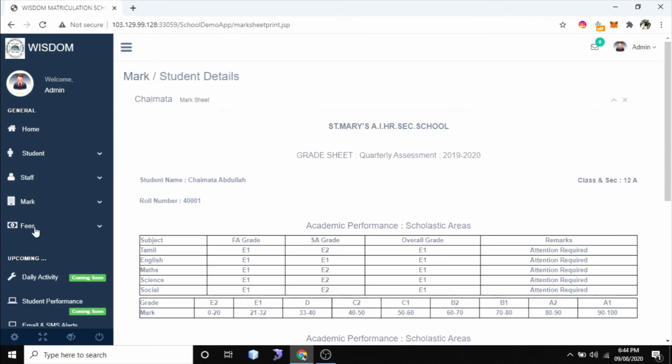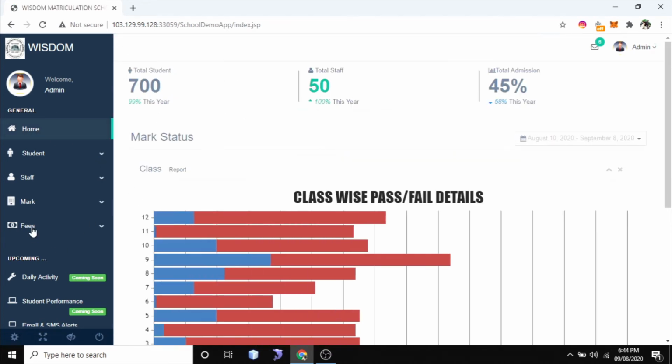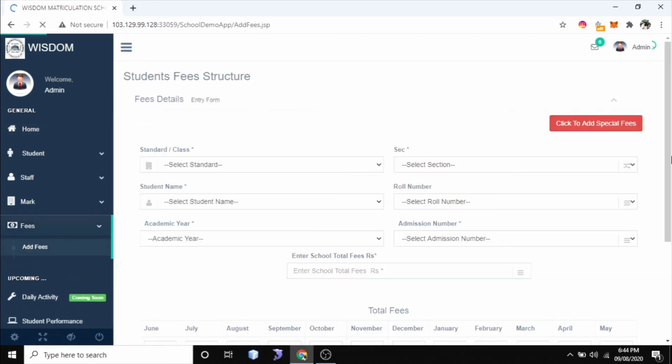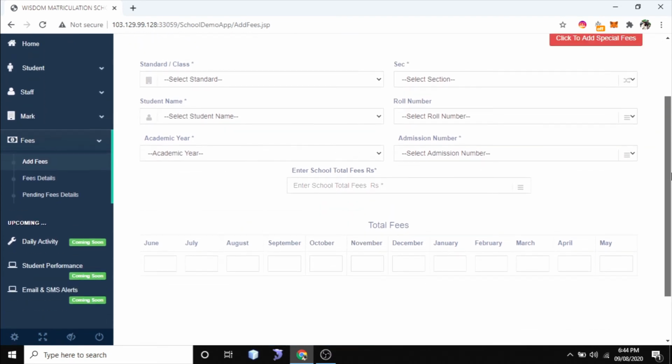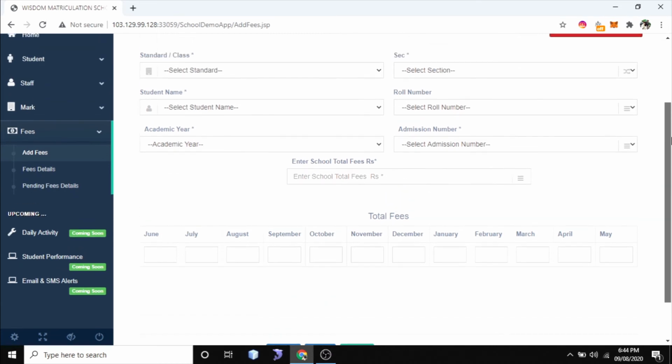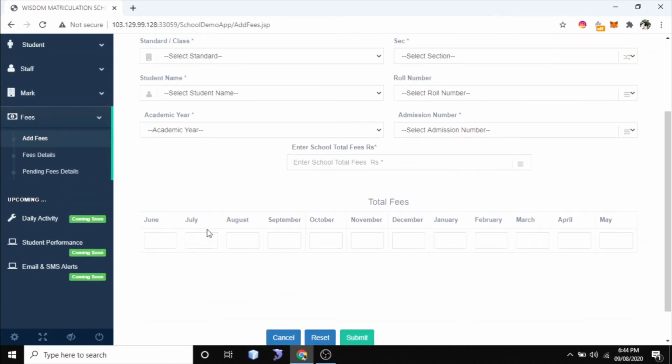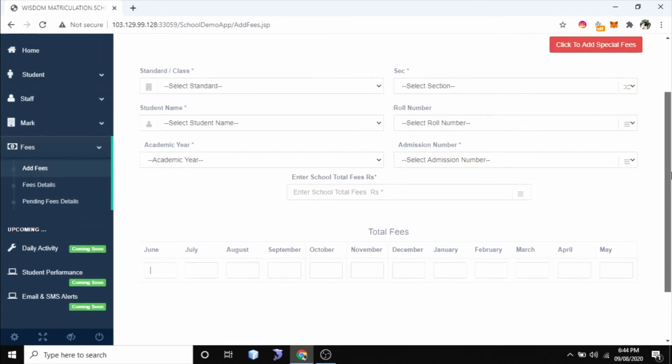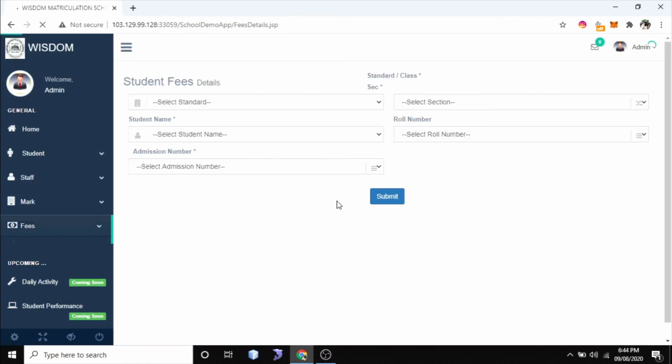You can add the complete fee structure here, for each and every standard. Total fees you can add, special fees you can add. And in fee details you can see the entered fee details.